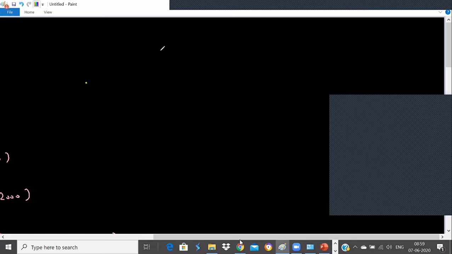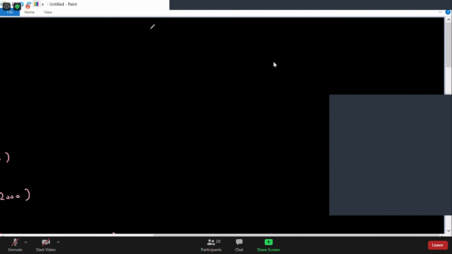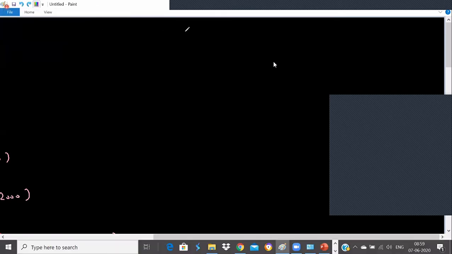So let's talk in a little more detail about how we take input in Python and how we write output to the console. Input and output functions in Python.